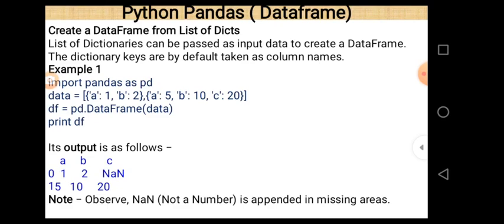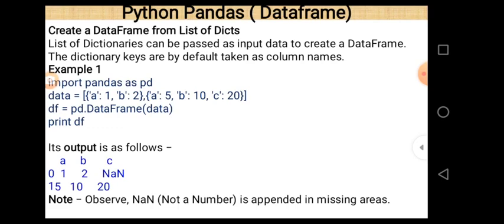And here data. So data values are a:1, b:2. This is actually a list. This is actually a dictionary, and the second dictionary contains elements a:5, b:10, c:20, in which a, b, c are the elements belonging to the index, and 5, 10, 20 are the values at those indices. Basically it is the structure of a dictionary, and these two dictionaries are passed within a list here. So what happens if we want to print pd.DataFrame(data), and we name this as df?